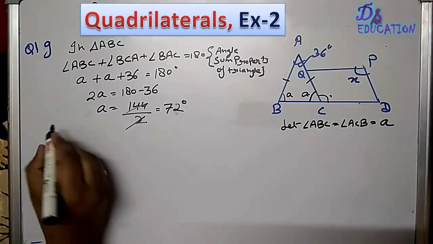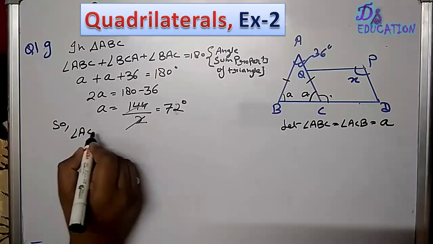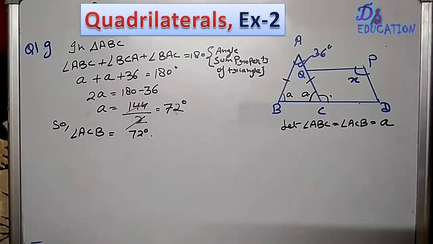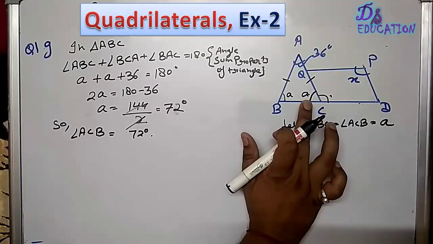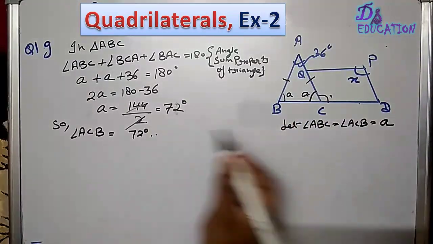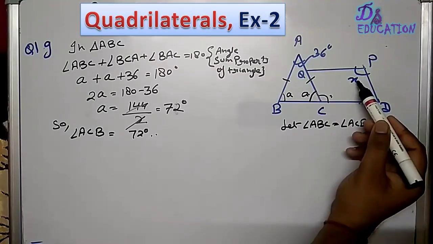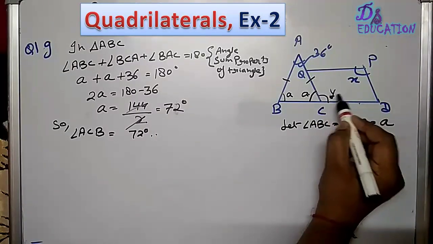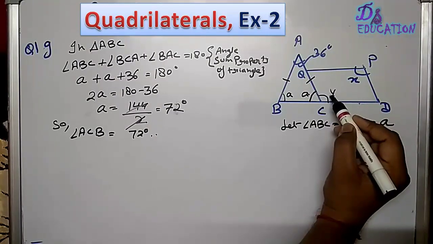So what happens? So what will you do? Now angle ACB is equal to 72 degree. Both are equal, but we need this angle ACB. Now we have to calculate this angle, because if we are able to find this angle, then we will be able to know this angle. So now take this angle as Y. Suppose taking this angle as Y. Just now I don't know what is the value of this angle, so I have taken it as Y.